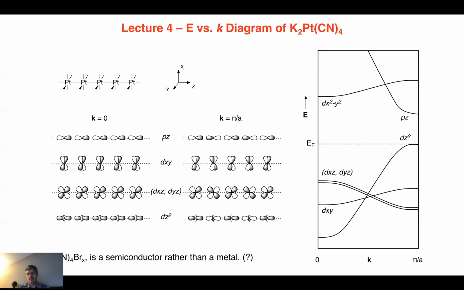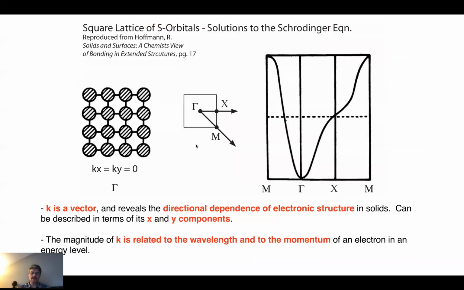All right. So now let's do a little bit more complicated example. And this will be a good introduction for next time. So we're going to look at a square lattice of s orbitals. Okay, so we're going to just do a net of s orbitals this time. And this example allows us to see how you have to consider more than just one direction in these kinds of crystals. Okay, so if you have hydrogen orbitals in 2D in this repeating square net, there's two different directions